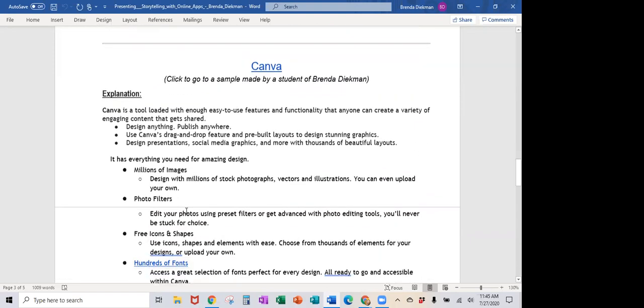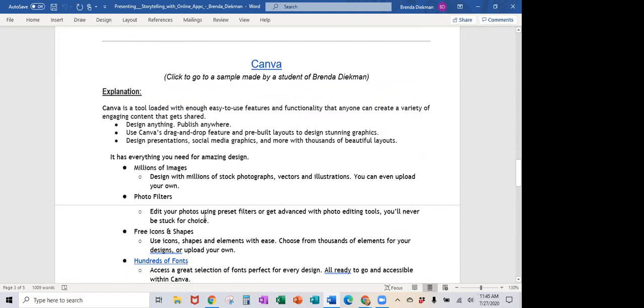And then the last one that I actually just started to use last year is called Canva. I know there's a learning management system called Canvas, so I get it mixed up once in a while. But Canva is the new social media creating software or app. And it does everything under the sun. And again, it's got pre-built everything. So when you get into Canva,